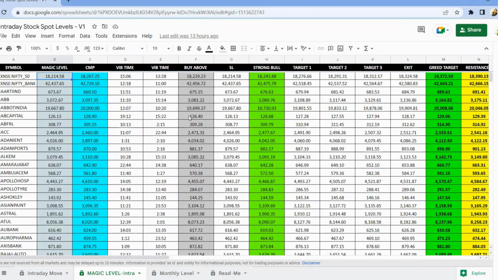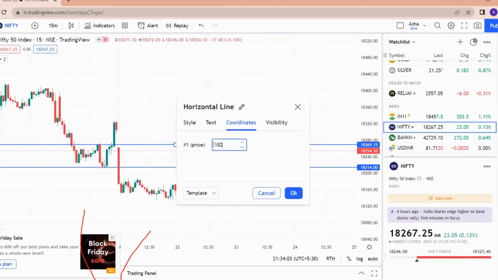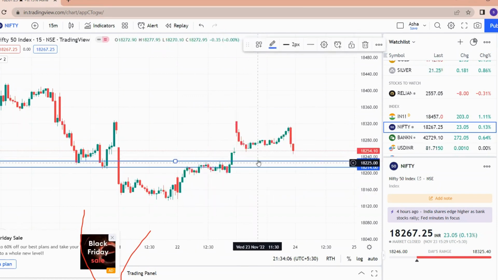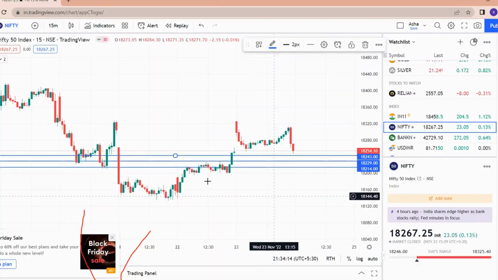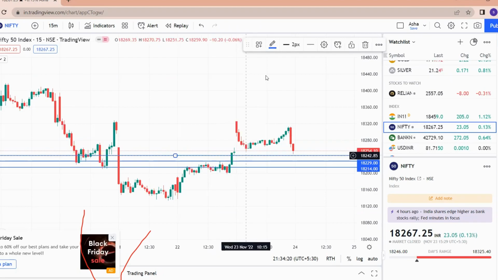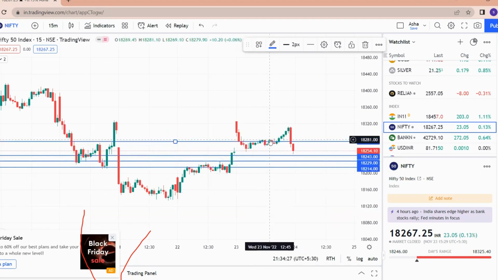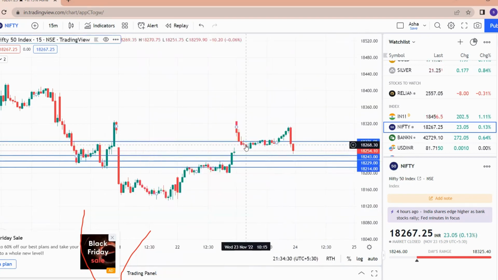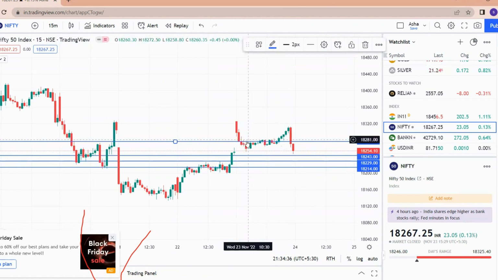नाउ लेट्स लुक एट द नेक्स्ट लेवल्स ऑफ निफ्टी। बाय अबव वाज 18,229, स्ट्रॉन्ग बुल वाज 18,243। ये आपके तीन लेवल्स थे, करेक्ट? बाय अबव एंड स्ट्रॉन्ग बुल, ये तीन लेवल्स थे आपके। उसके बाद आपका टारगेट वन वाज 18,276, फर्स्ट टारगेट वाज 18,276। सो दिस वाज योर फर्स्ट टारगेट। अगर आप यहाँ पे बाई कर रहे हो तो ये आपका फर्स्ट टारगेट है।